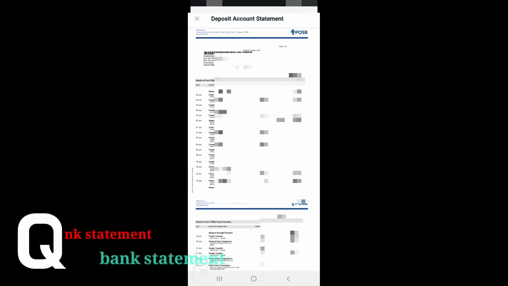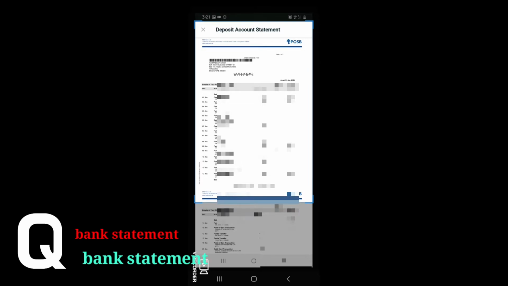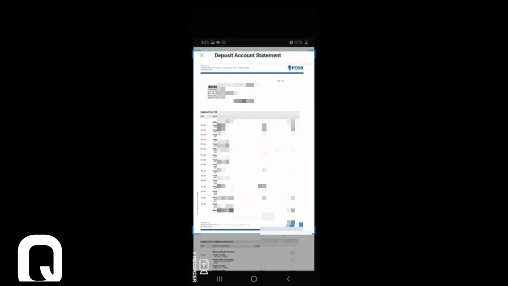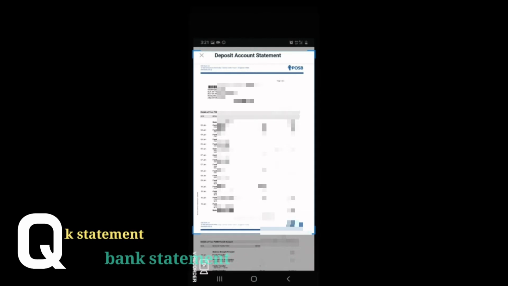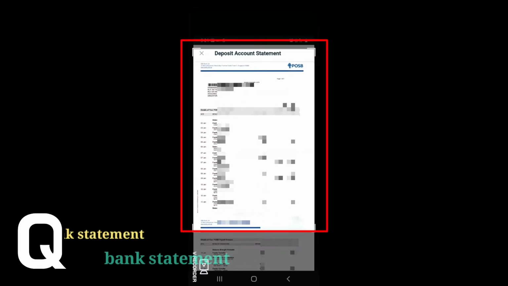You take a screenshot of this page, then select this one page with your address and all the withdraw or deposit, everything visible clearly, because if it is not clear then you cannot use it. So you must first check whether this picture is clear or not. Anywhere you need to submit your bank statement, this full page needs to be shown.